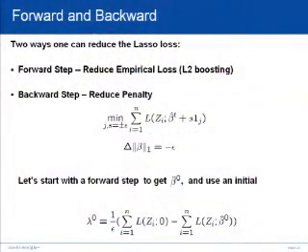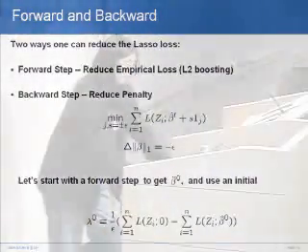If we do a gradient descent on lasso, lasso has two parts: the loss function, which could be exponential or L2, and then the L1 penalty. If you do a gradient step in a fixed direction, then the L1 penalty will only change by plus epsilon, the step size, or minus epsilon. So the penalty change is very easy. Then you do the forward step to reduce the loss function, and the backward step might reduce the penalty. So sometimes you do want to take backward steps. But we came to the backward step not through this formulation.